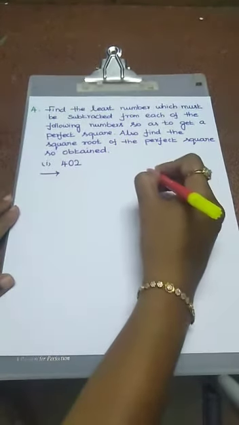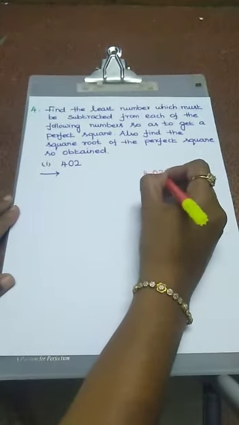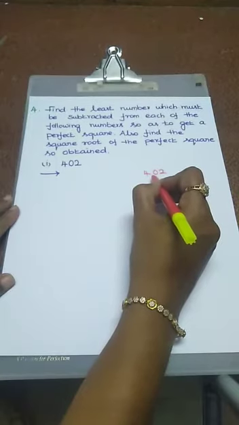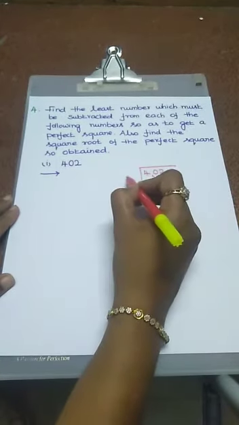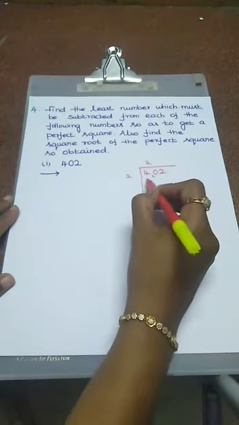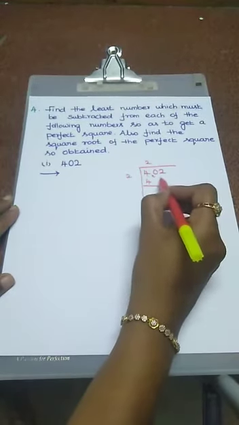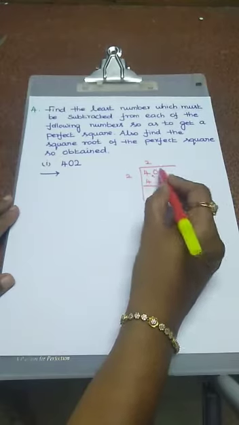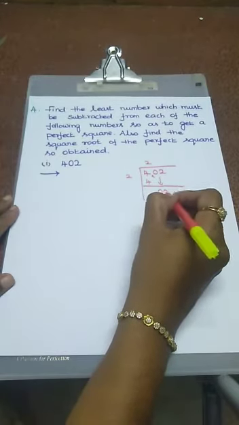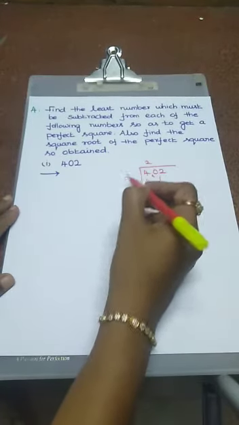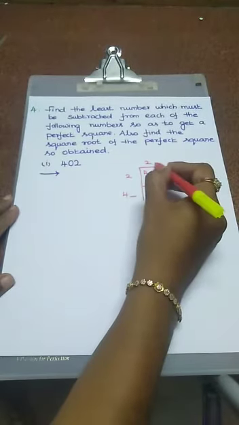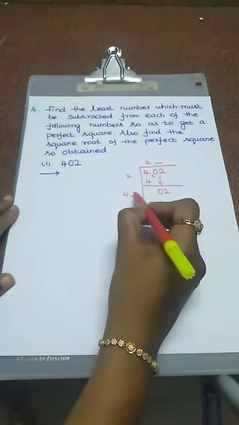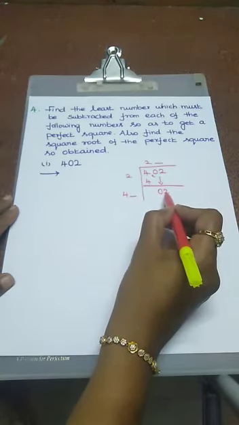So the number is 402. We have to choose two digits from the last. The number is 4. So first we take the value, 2 2s are 4. 4 minus 4 is 0, so take the next two digits, that is 02. Double the value, 2 plus 2 is 4. Here we have to use one digit, the same digit we have to use here. Our value is 2.